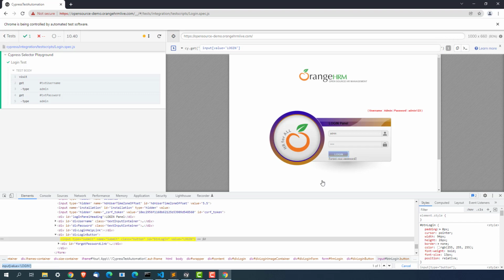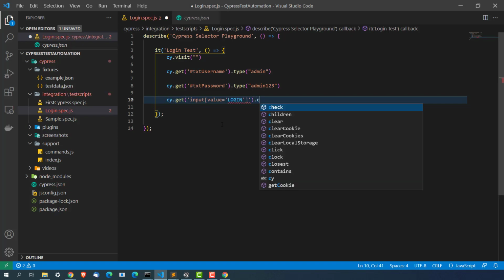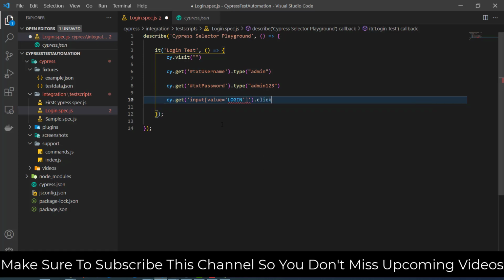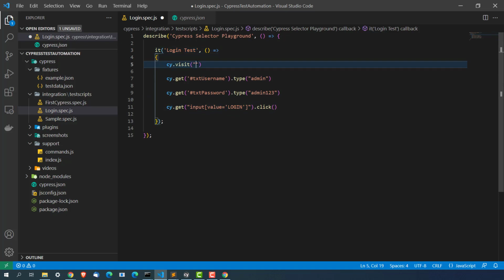So I can copy now. I can come here, simply do Ctrl V, and now I can say dot click. Now because of the single quotes and double quotes, I will put this in double quotes, and within this login, whatever I have, I will use a single quote here. Now the moment I save this, and guys, if you're getting confused about how it is taking, since you have